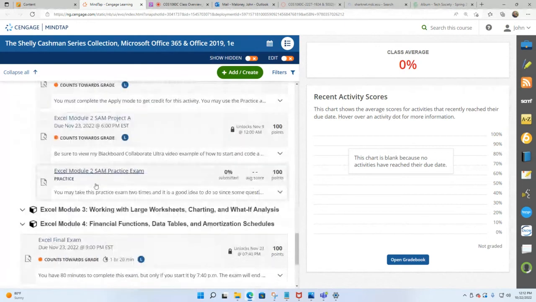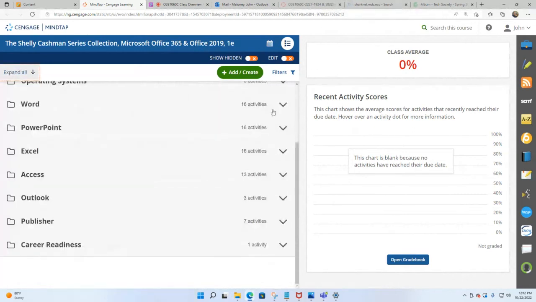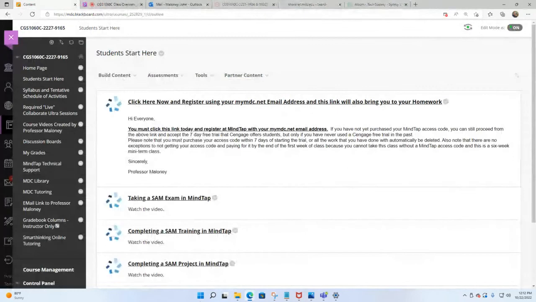Go to Module 2, more assignments. Module 3, more assignments. All the orange filled in bubbles, they all have a date and they all tell you when they unlock. All right. Okay, so I'm going to get out of this one now so I can go backwards and get back to the rest of what I wanted to show you guys. So this is 9165. I'm just going to close this tab by clicking right here. All right, and now I'm back to my navigation menu in Blackboard.